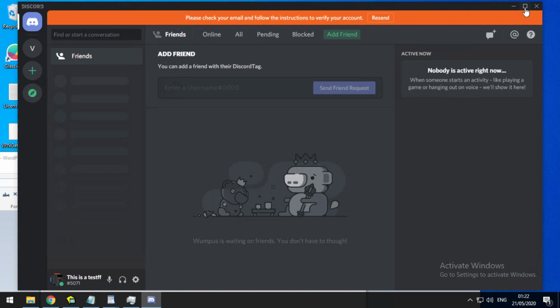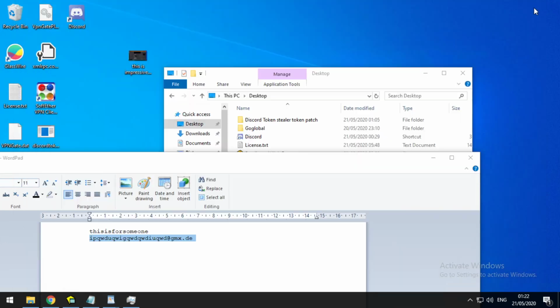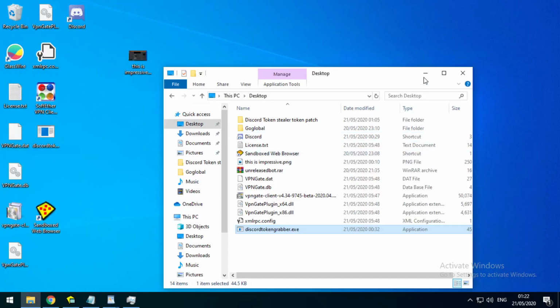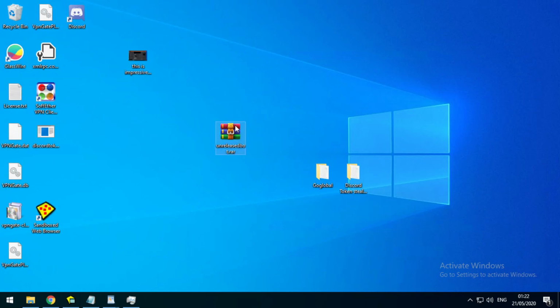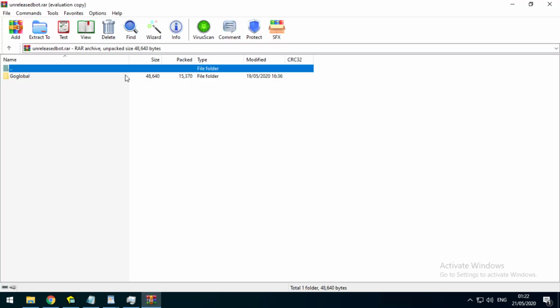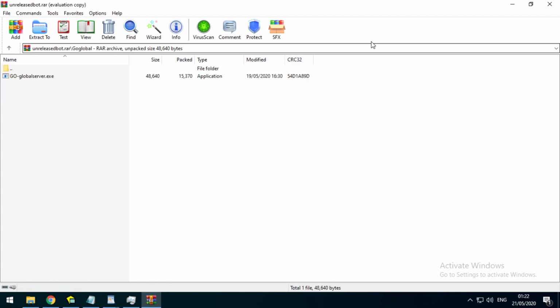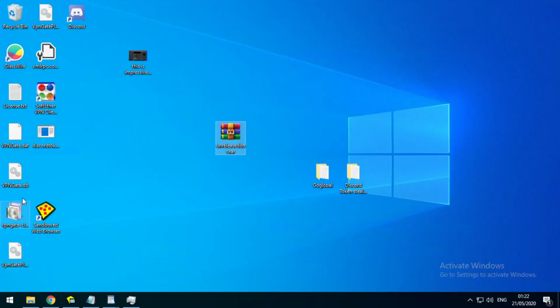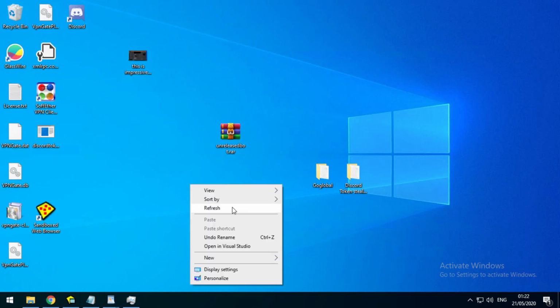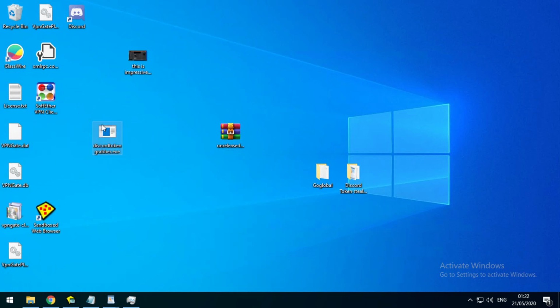So after I called him out on it, he sent me a special file. He sent me the bot source code, in quotation marks. So the global source code, and there it is in its former glory. I had to stop recording because I did run the wrong file, but this is the right file.